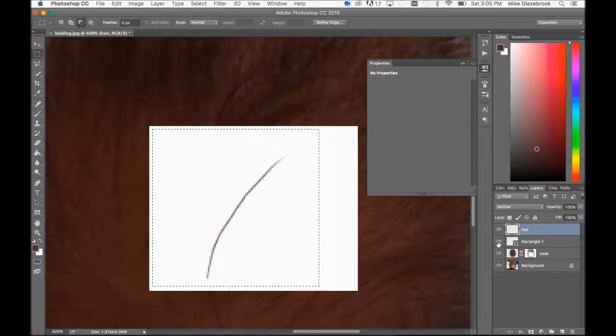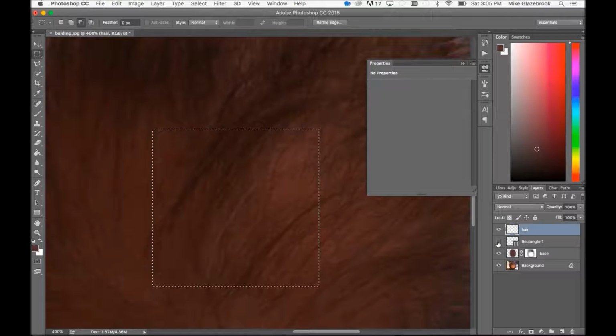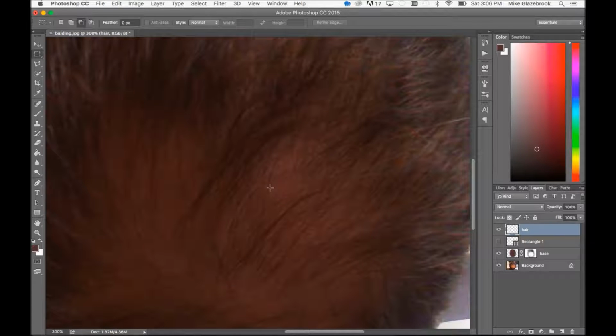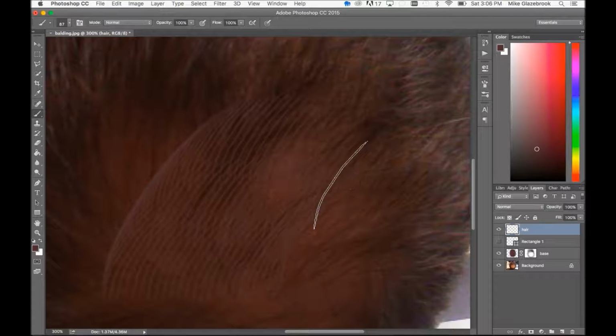So the next thing you can do is get rid of this rectangle layer. I'm just going to hide it because we might use it again, and press Command D to get rid of your marquee tool, and you can start using your brush. You can zoom out a little bit if you want. I'm actually going to just zoom out a tiny bit, and I can leave this one piece of hair here, or get rid of it, whatever you want to do, because we're going to go ahead and draw in a lot more. So I'll hit the B on my keyboard to get this brush. You can see it looks kind of like a hair. If I click and drag, it makes a whole lot of weird hair looking brushes,